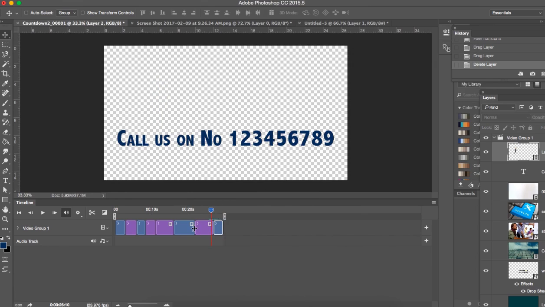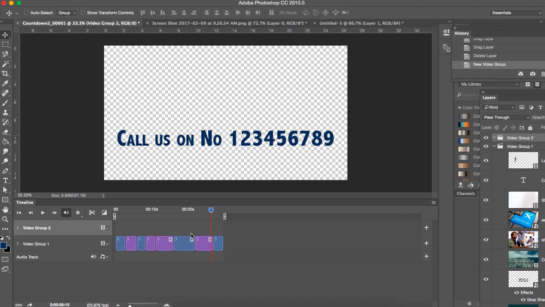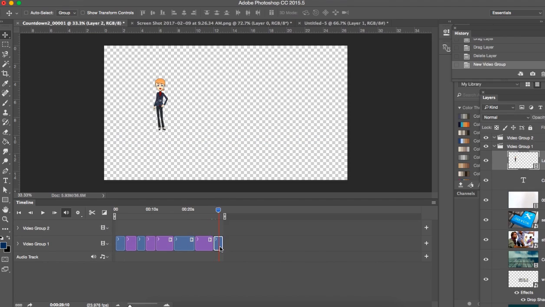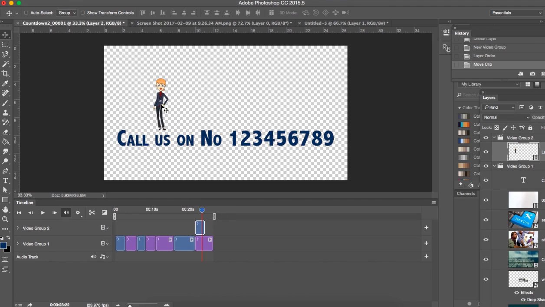I need to add another timeline. To add another timeline, you go back to this drop-down menu near the film strip and select New Video Group. This will create another new video group timeline. I'm going to drag my animation on top of the video timeline I just created. I'm going to position this on top of the text, and now I have my animation here on top of the text. I'm going to place my character somewhere here,